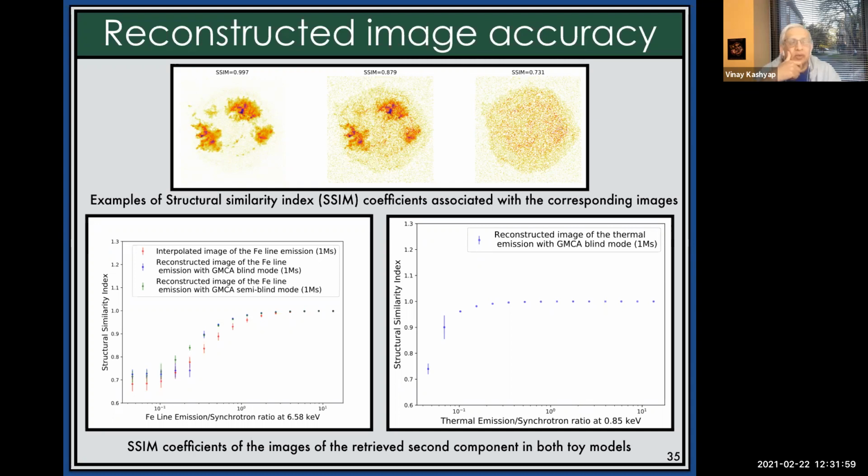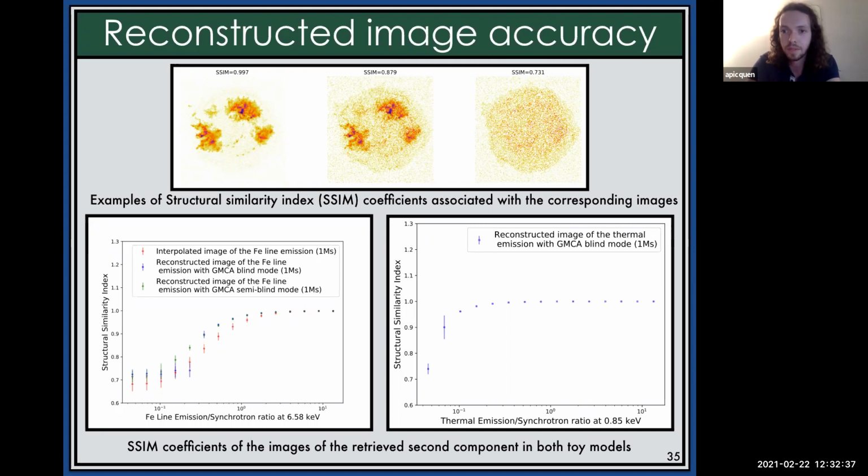I see. So each of these, you get all 3 images. Yeah. Sorry, maybe it was not clear, but the 3 images are of the same component, at different levels of ratio. In the first one, the second component is a bit fainter than the synchrotron, so it's well retrieved. In the second one it's very much fainter, like 10 times fainter than the synchrotron, so it's noisy. And the last one is so faint that the algorithm is not able to retrieve it anymore.